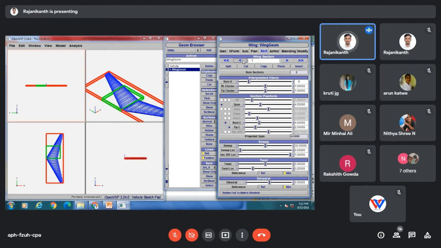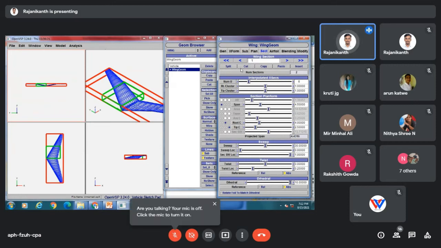For the first section, the sweep angle is 30 degrees. Let it be. And we'll increase the dihedral angle a little bit, like this, 10 degrees. Now in between these two, I will split this wing again.